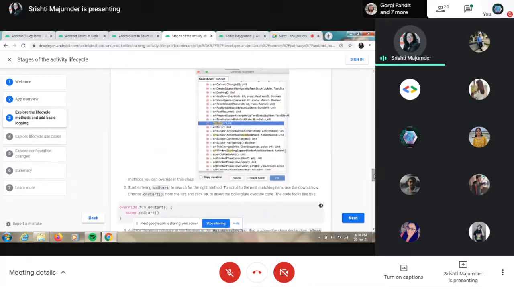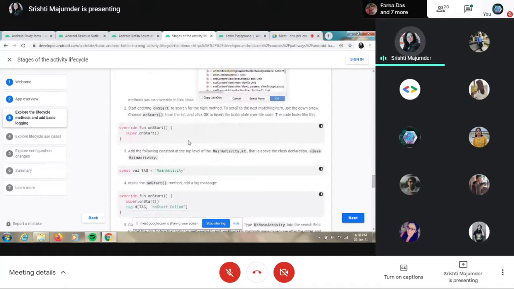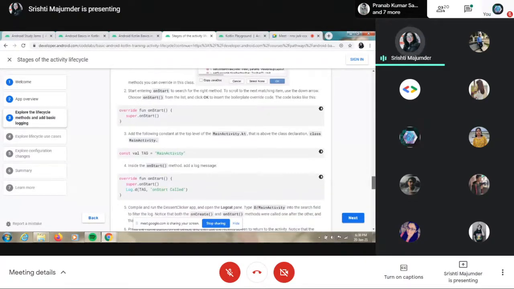Then simply click on onStart, or start typing onStart in the search field. Then you will see a new function appear automatically. Then click on OK.